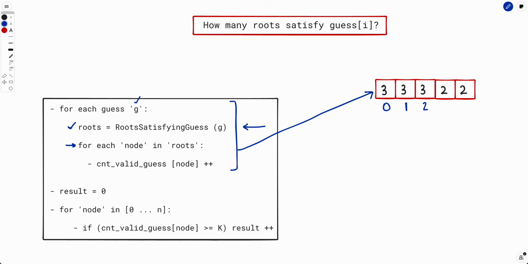So by doing this, after we have made this array, we can simply iterate over the array and find out how many nodes have value greater than or equal to k, and that count would be our final result, right? So again, previously we were iterating over all the trees, and for each tree then iterating